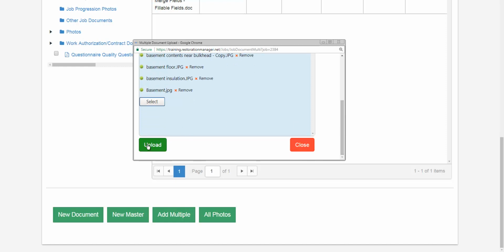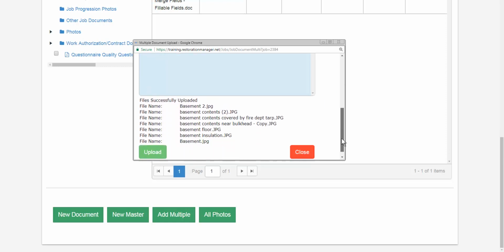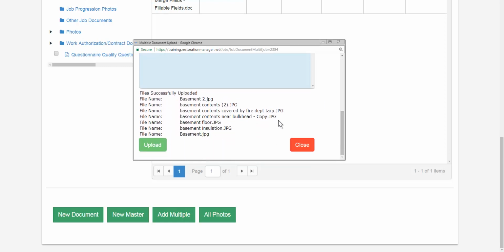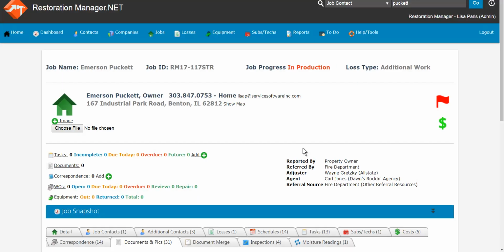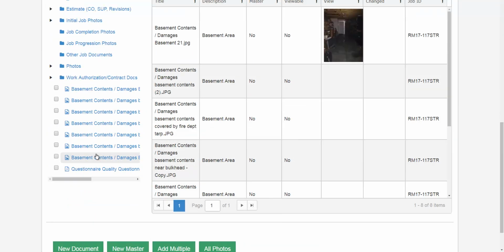I'm simply going to tap here on upload. Just like in the net on the new document, how fast they upload is dependent upon the size of these and the speed of your connection. Now that they've uploaded, you can see it gives me a confirmation that they were successfully uploaded. All I need to do now is hit my close button and it's going to close this window out. Once it closes that window, my screen is going to refresh